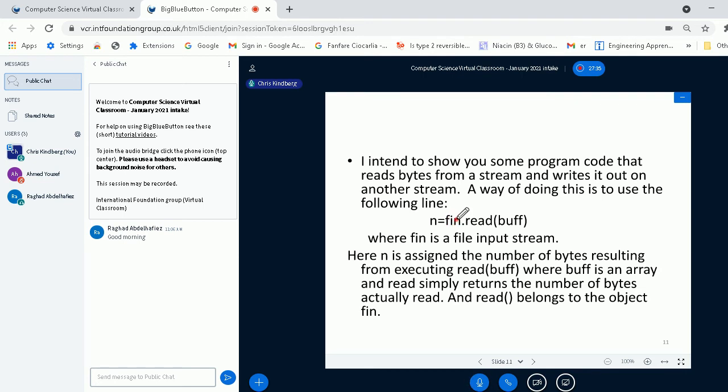This is the new object I will have created, and I'm going to assign to n the number of bytes that I've just read into buff, this array of bytes. So buff is an array of bytes, and this reads the data and returns the number of bytes read. And as I said, the read method will belong to the object fin.